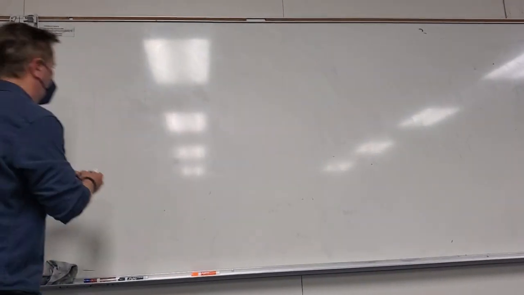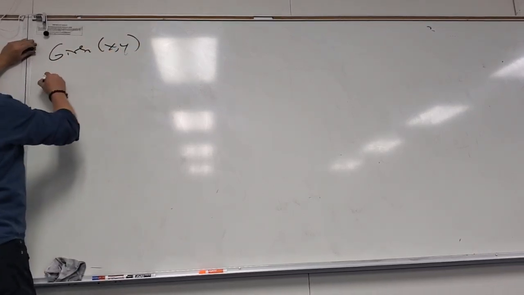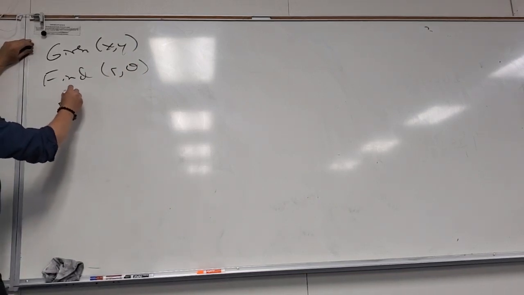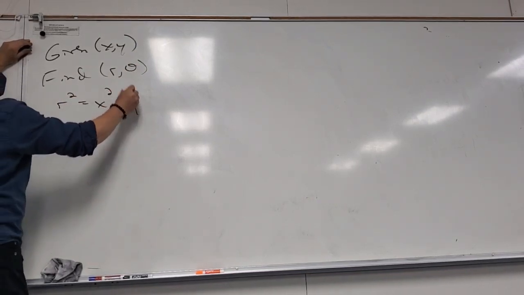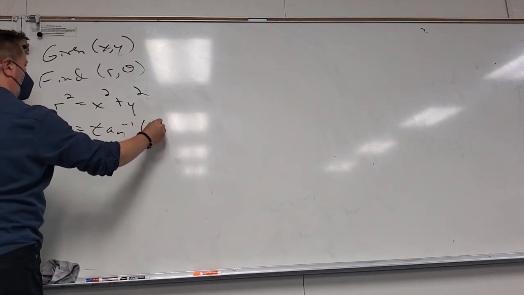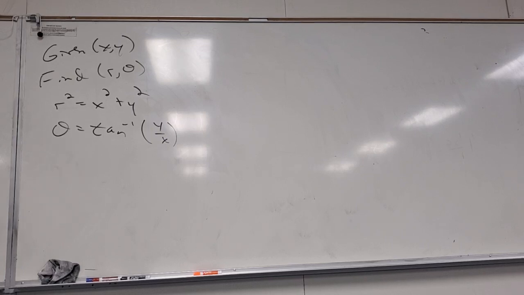So, let's come back to what we have so far. If I'm given x, y, I can find r, theta by using these relationships. You can write this as r equals the square root. The reason I don't, let me ask you this. One reason I don't write that as a square root is because